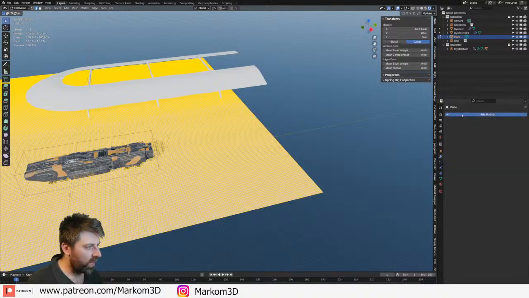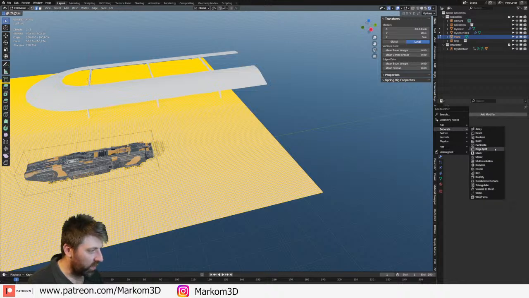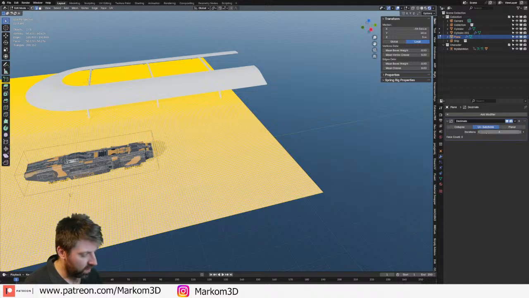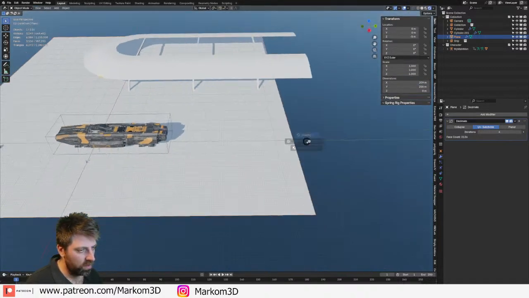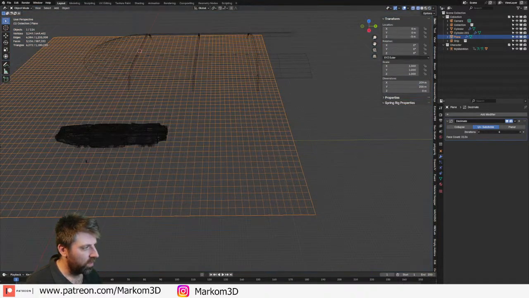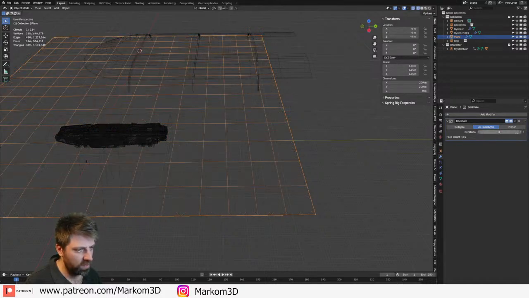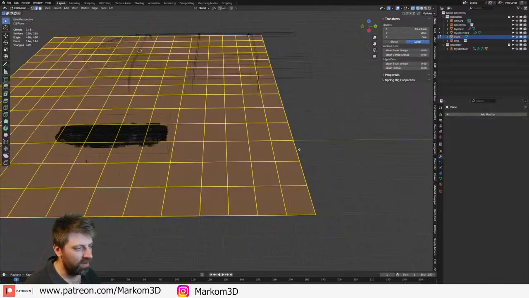Just going to quickly throw on a decimate modifier. Just undo what I just did. We'll go 5, 6, 7, 8. Control A. No, Control A, not Control S, you clown.